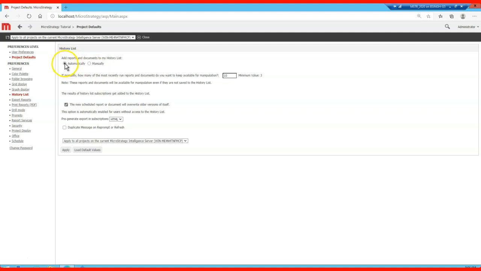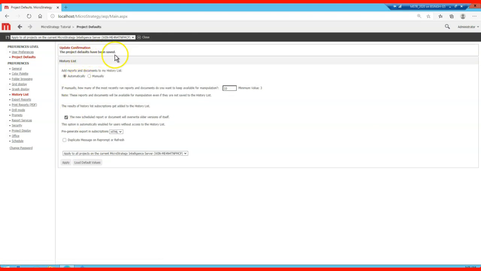If you select this radio button for automatically, that means your reports are going to be added into your list automatically, and you don't need to add your reports manually. This is how you can configure it. You can just click on apply. The project default has been saved, and you can see it's applied to all projects on the current server. It's going to be applied on all of them.